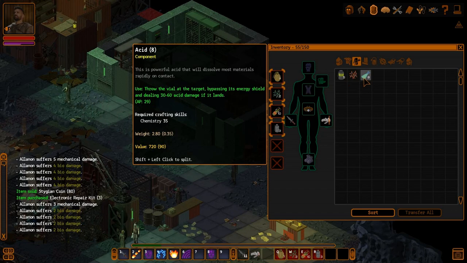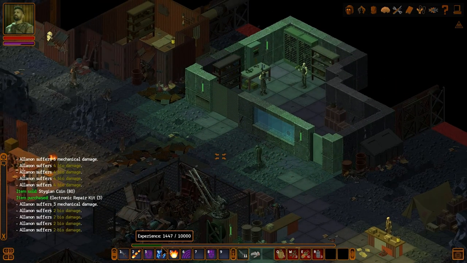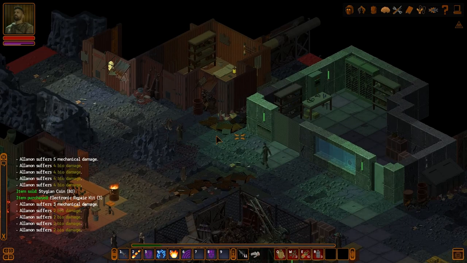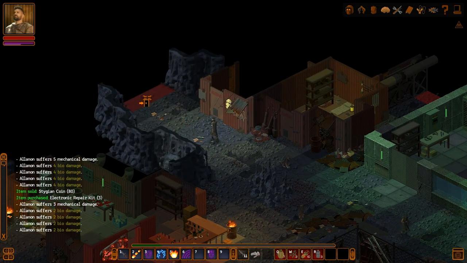This is mostly being brought to help me deal with robots, because I don't really have a good way of dealing with them, other than waiting for electrokinesis to go on cooldown. And that's fine when I do some areas, but not all of them. Speaking of areas that I've done,